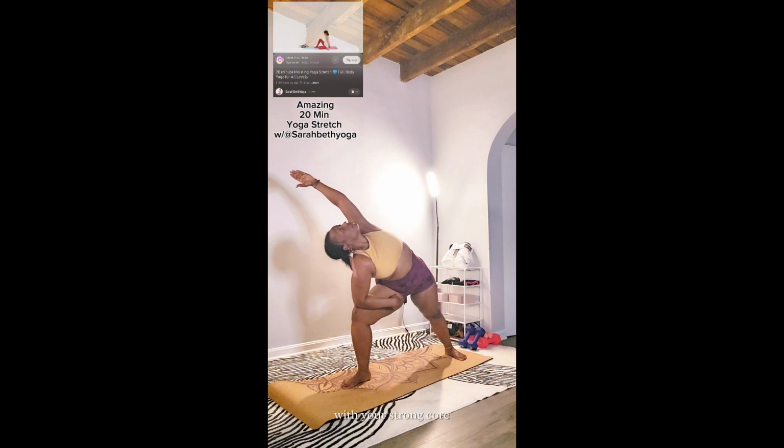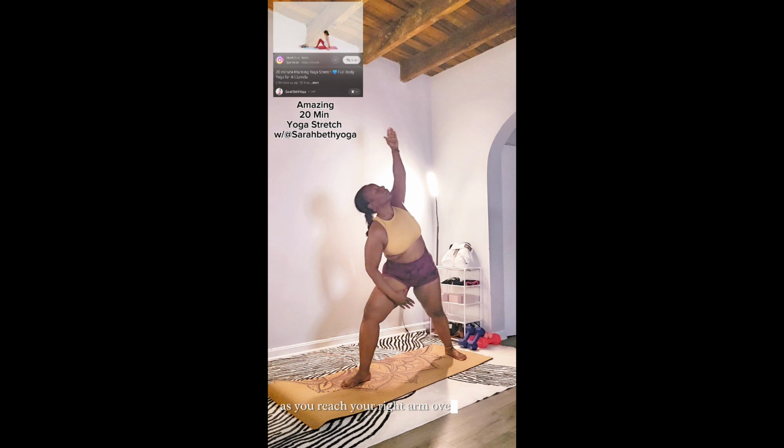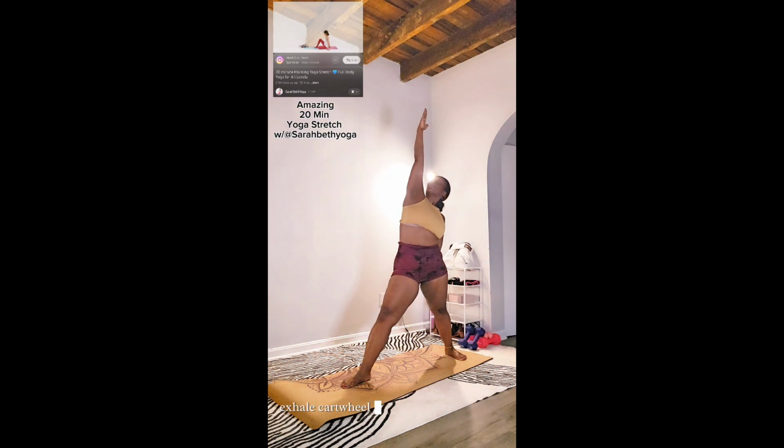And with your strong core, slowly rise for reverse triangle. Straighten out both legs as you reach your right arm overhead. Big breath in. Exhale, cartwheel both hands down to the mat and step your left foot forward into a forward fold, top of